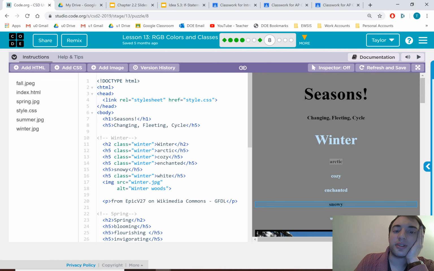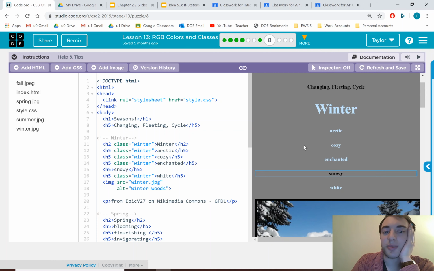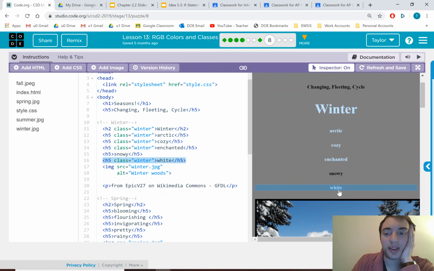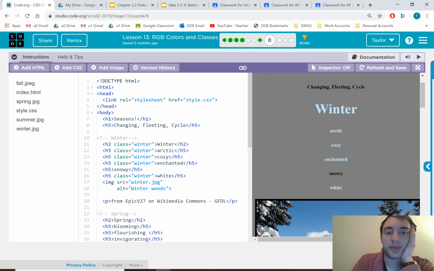If I look at this code, all of these things in here, all these H5s, they're all colored a specific color, a nice wintry color. But other H5s aren't. This H5 isn't. This one isn't. And so the curious among us, of which we all are, might look and see what's different about this. Well, if I look at this code, and then this one, and this one, and this one, skip this one, and this one, all of them have this extra thing in here